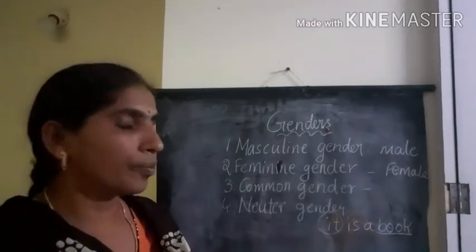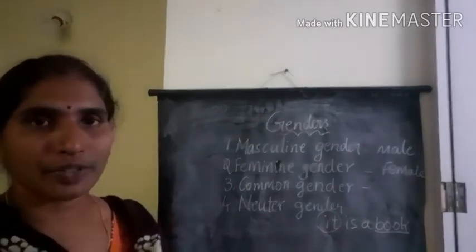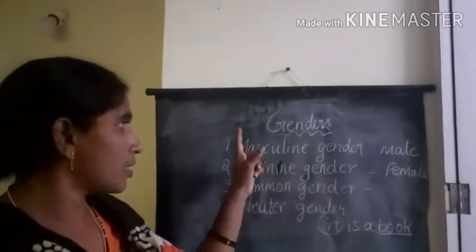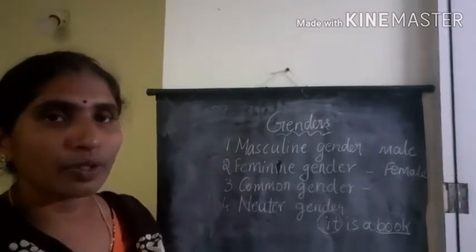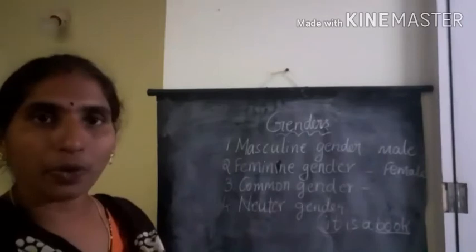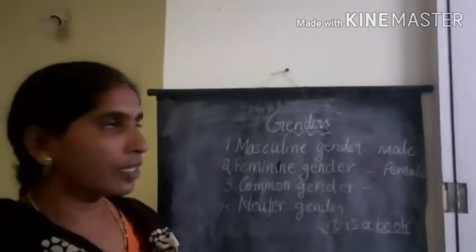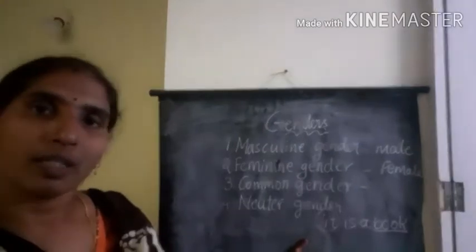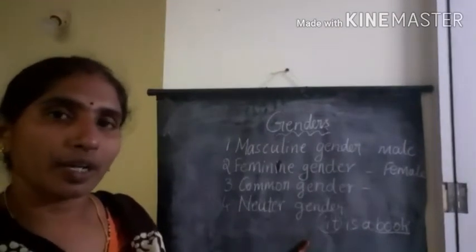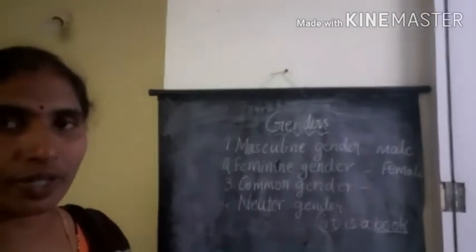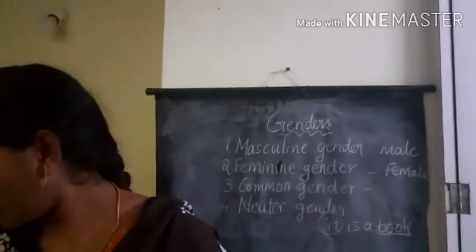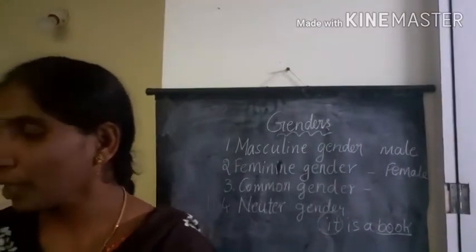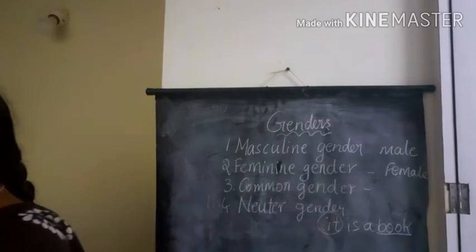It is a book. It is a chalk. It is a boat. So these are things which have no life. Understand? These are the things we watched in the last video. Yes children? Today we will learn a new lesson about